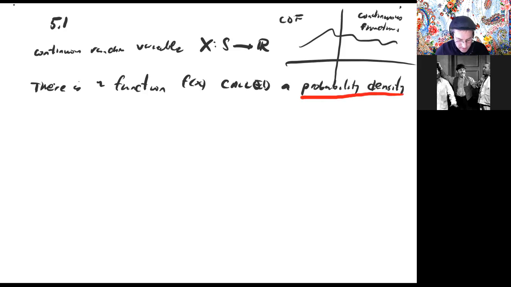So this is going to be taking the place of the probability mass function. F of x, which is defined on the real line, such that